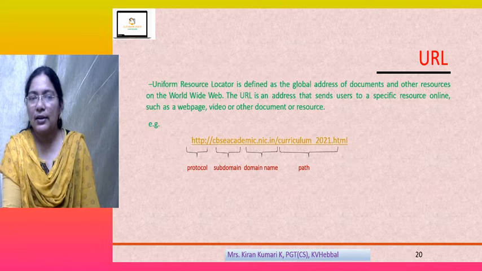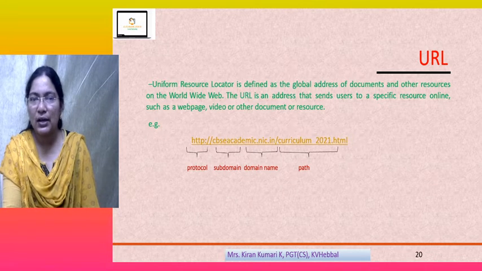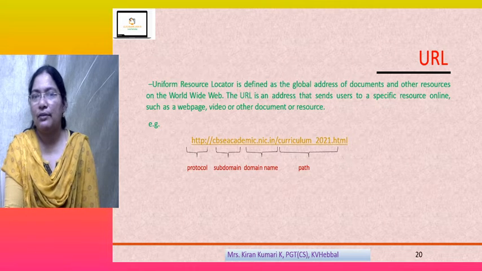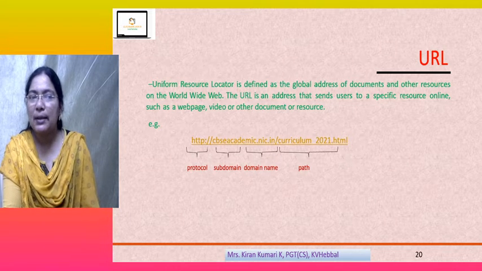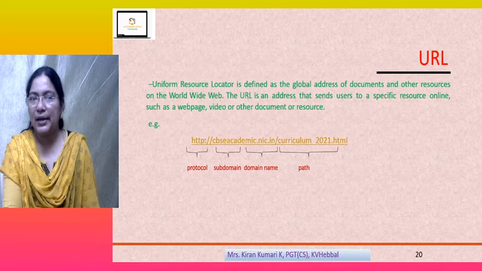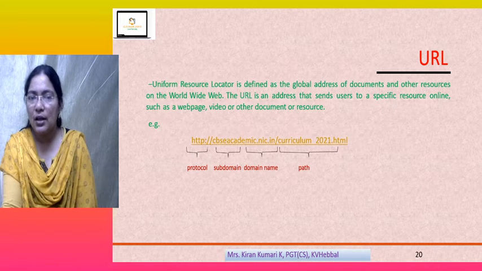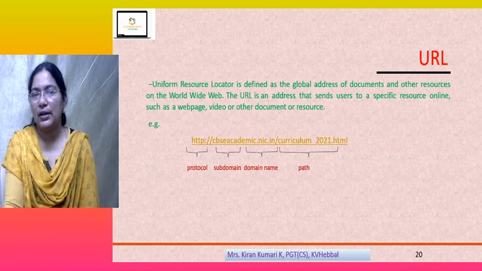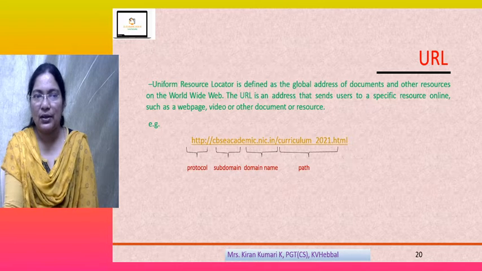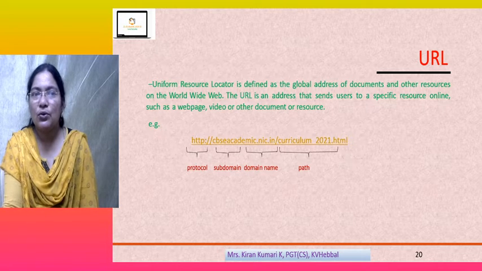Got it? And here, what is the file we are trying to access? What is the web page? Curriculum 2021.html. That is the path of the page in that folder. So we give that path here. What is the URL?